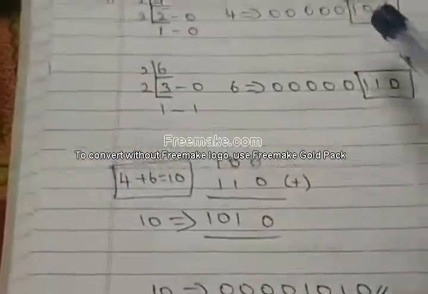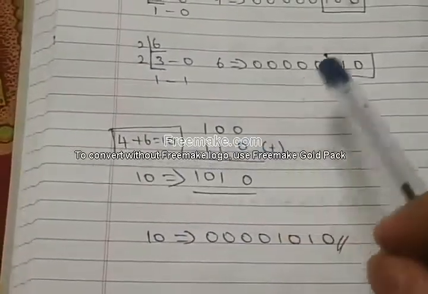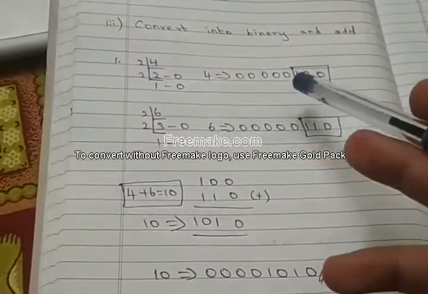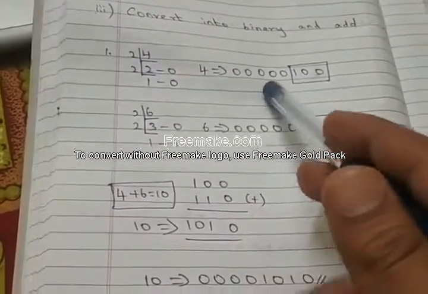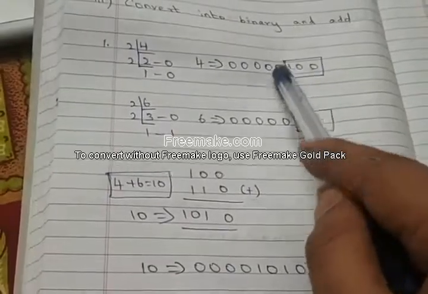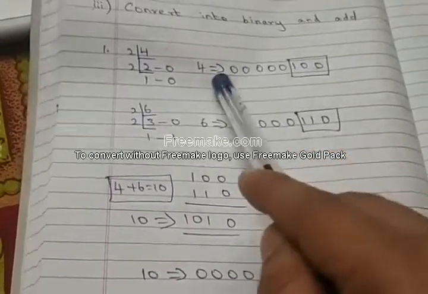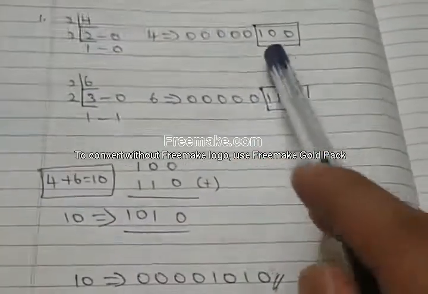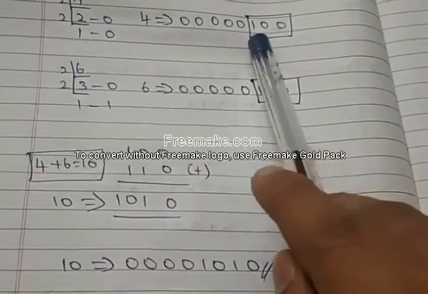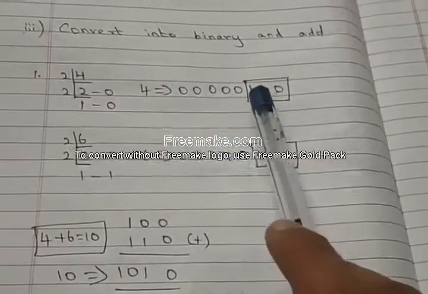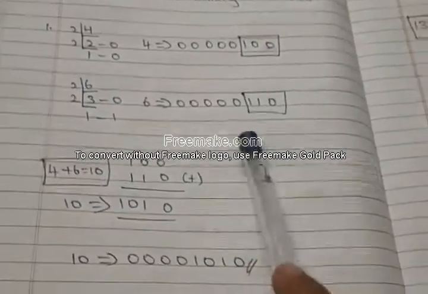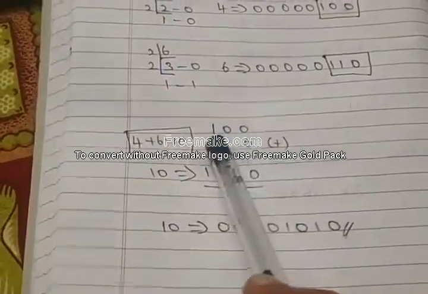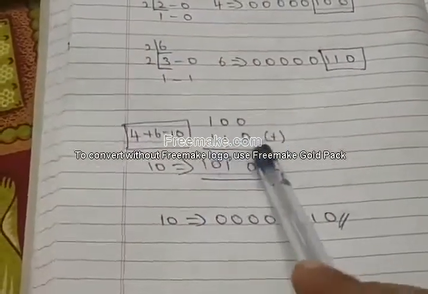Okay, first take this 4's 100. Why are you taking 100? Why can't you take the whole thing? We can take the whole thing, but it is unnecessary to do the operation for all these digits, because from this one only the switch is on. All other switches are actually off only. So no need to take all the 8 digits. Take from the switch which is on. Okay, 100. So down. From here only it is on. 110. Take all those things down. First 100 you write, and then down 110 you write.